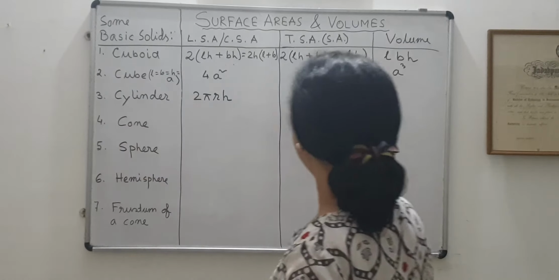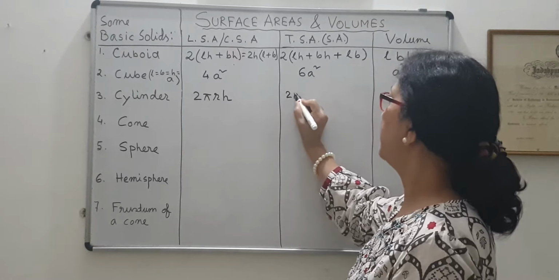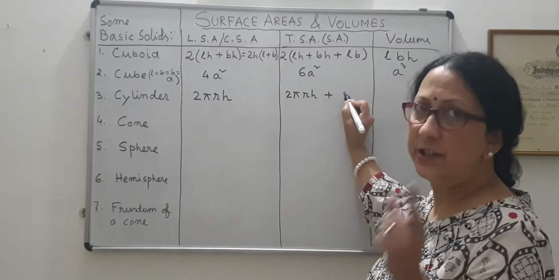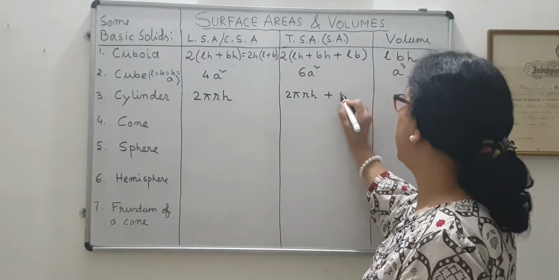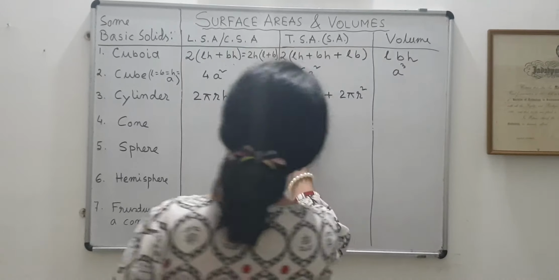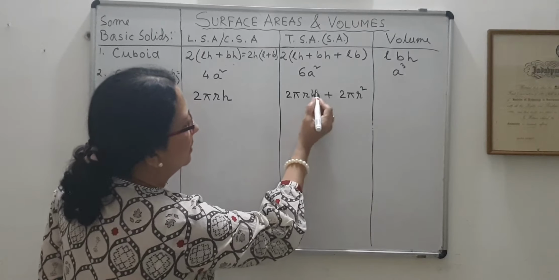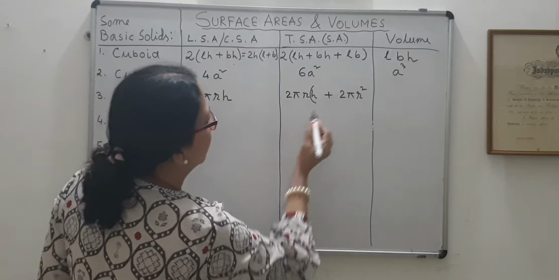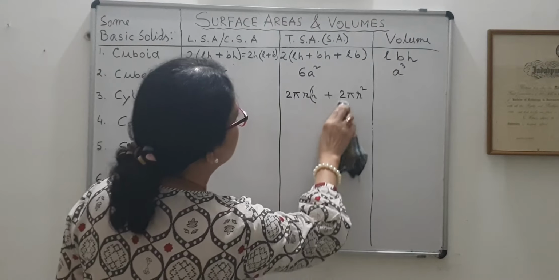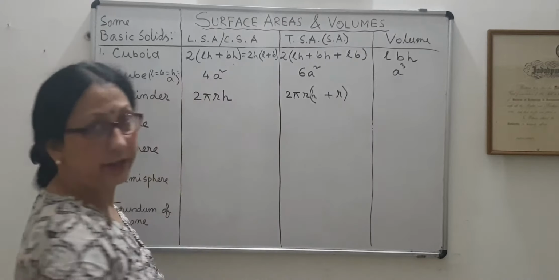So that's why you have to visualize the solid whose surface area and volume you are finding out. So the total surface area will be your curved surface area, 2 pi r h, plus base area and top area, pi r square plus pi r square, so 2 pi r square. So this is the thing, CSA plus base area and top area, and we can simplify. If I take twice pi r common, then it will be h plus r. So in this way also we can write.